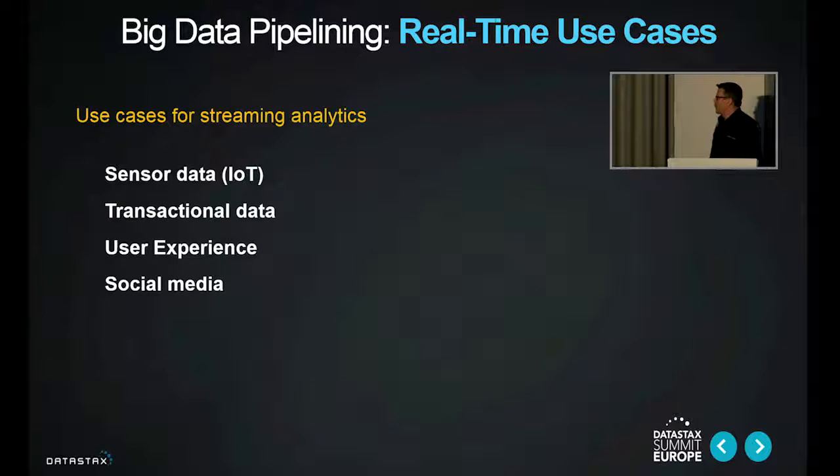Again, we've already mentioned the typical examples of streaming analytics, things like sensor data, transactional data, so everything from cash registers to credit card payments to market tick data. User experience, we're talking about targeting, again, offers for online shopping, for example, and social media. Social media is a rich vein of information for businesses, looking at what people are saying about your products and understanding, is it a particular area of the country that's complaining about this, or is it a particular age group, or whatever.